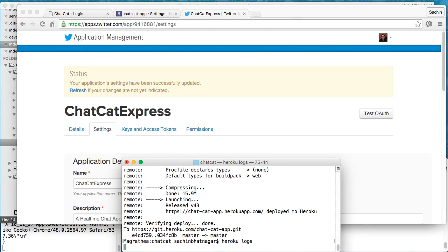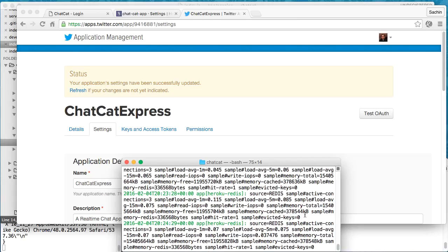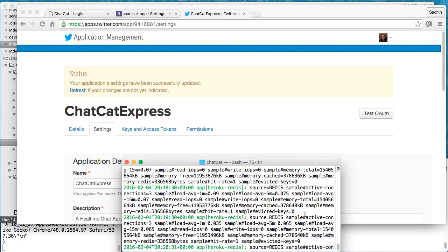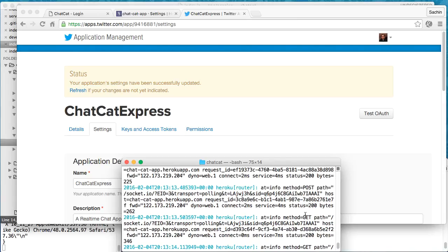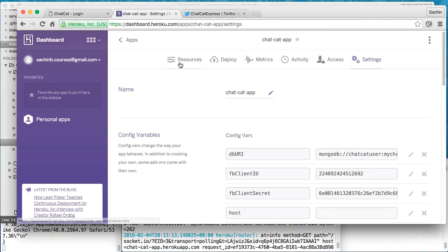This will fetch the console logs that your app would be producing, and this contains an HTTP request log, thanks to Morgan, and other specific errors and messages that Winston produces. But this is not very convenient. Instead, we'll add a third-party log monitoring system called Papertrail. So let's head back into our dashboard,